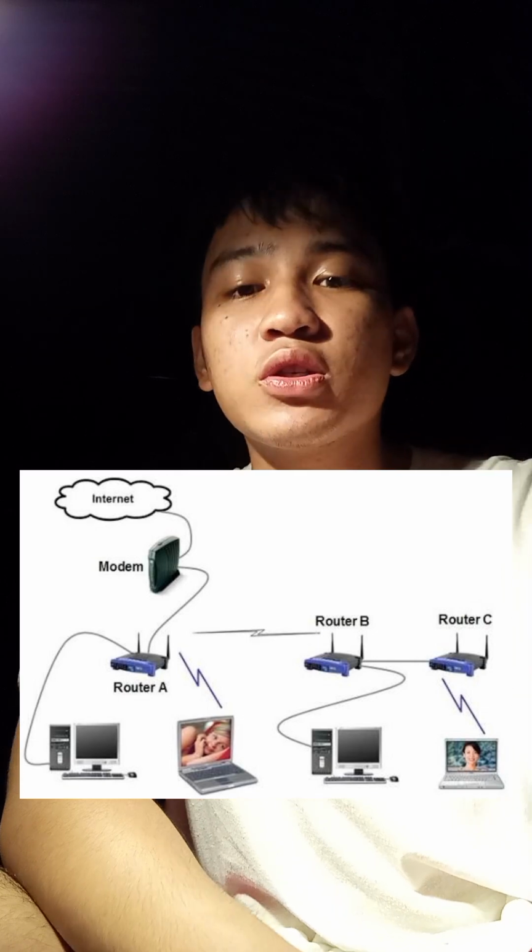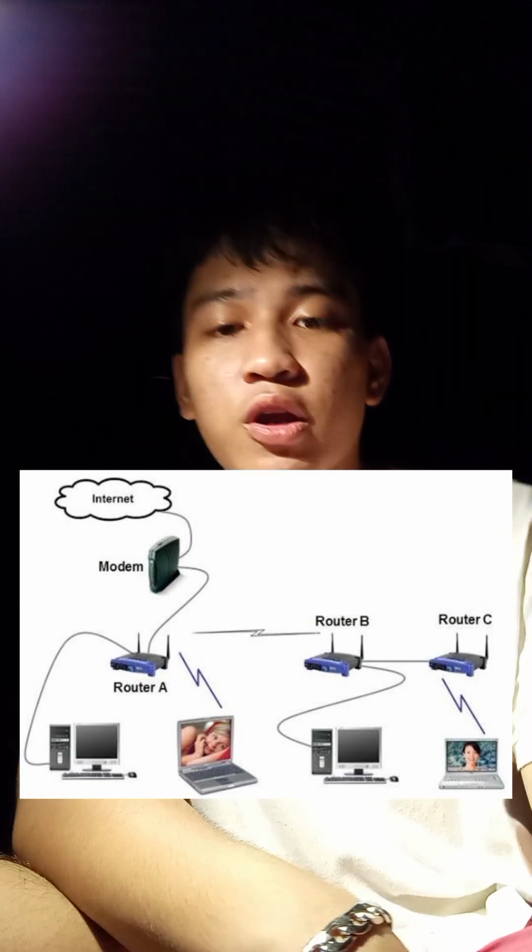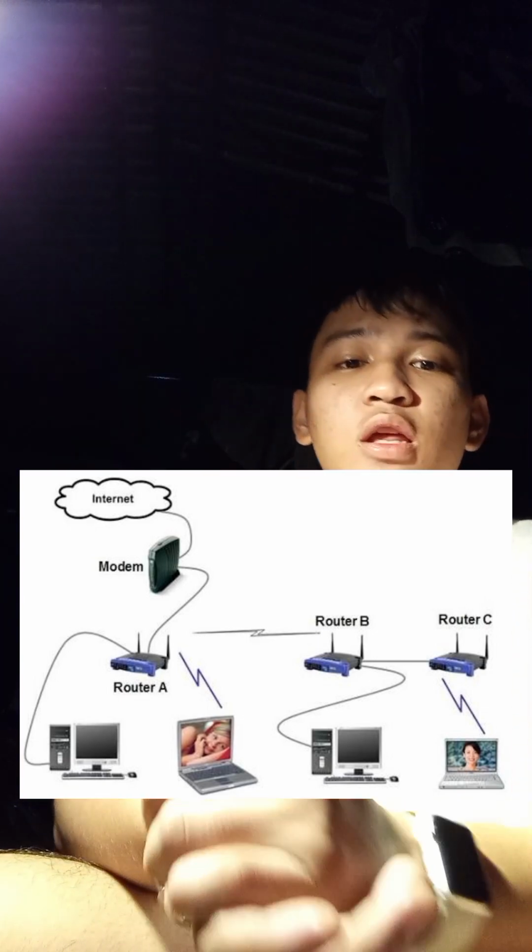enabled. The switch connects multiple devices within the same network and intelligently forwards data to the correct destination using MAC addresses, helping improve speed and reduce unnecessary traffic. The computer or client is the device used by employees to perform tasks such as browsing the web, accessing files, and sending requests to servers. The server is a central computer that stores shared data, manages user accounts, and also provides important services like file sharing, applications, and databases to all clients in the network.